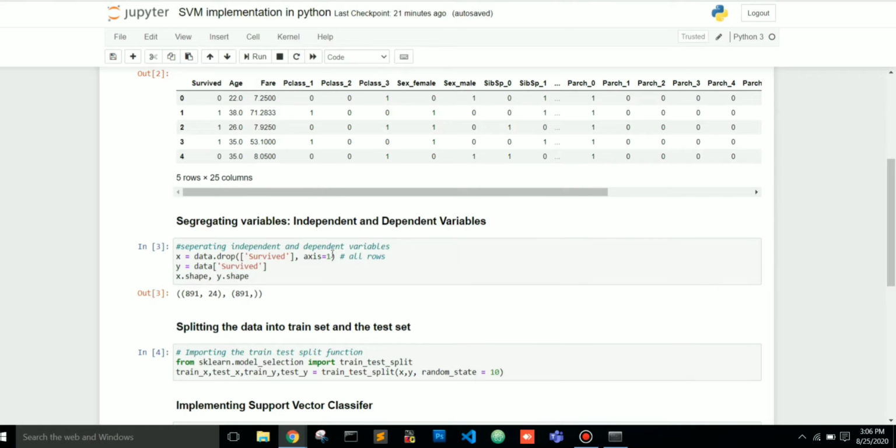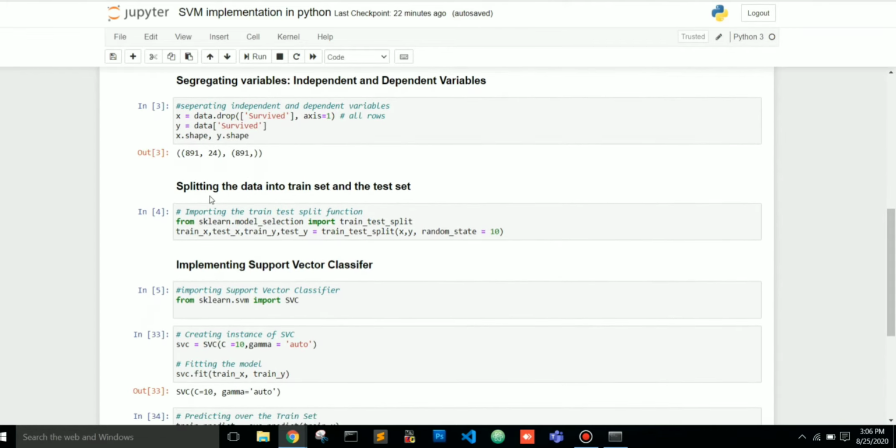X dot shape will return the number of rows and number of columns. In X there are 891 rows and 24 columns, and in Y there are only 891 rows.